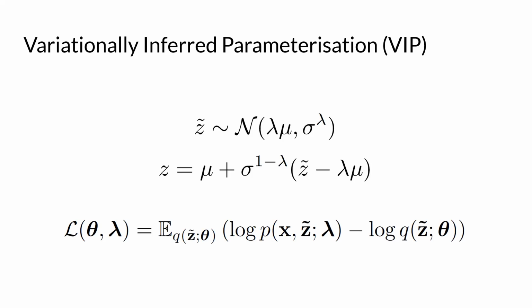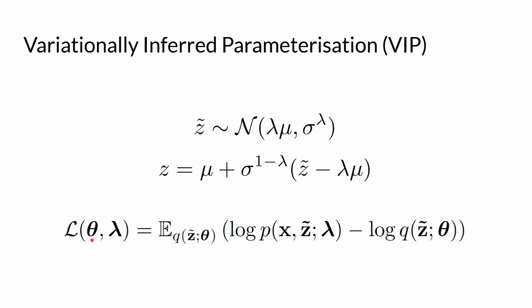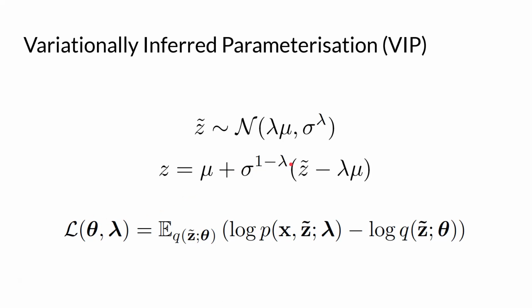define a variational family, a mean field variational family, where the variational parameters of each parameter of the variational model are theta. So these are basically the means and standard deviations of some independent Gaussians that are going to approximate our distribution. And then we also have the parameterization parameters, as we call them. So these are the lambdas, which we have per variable.